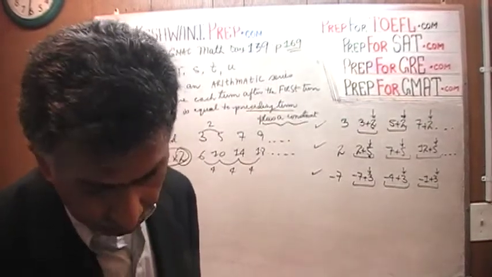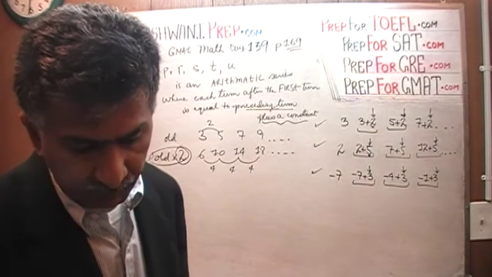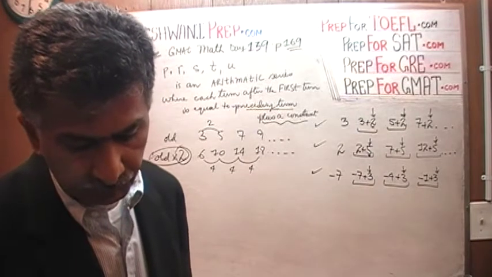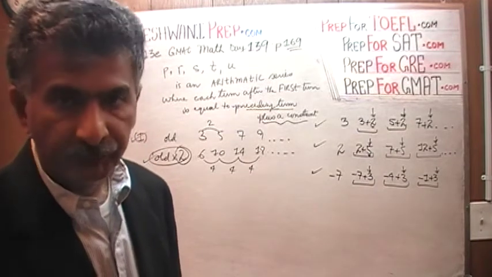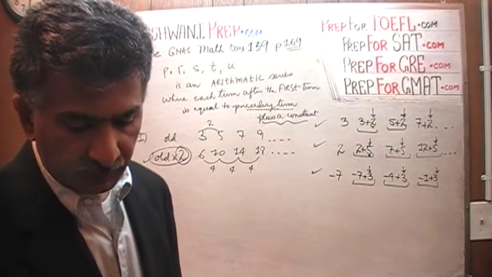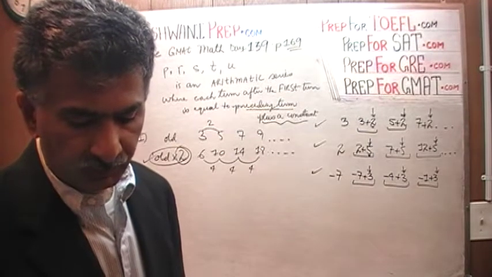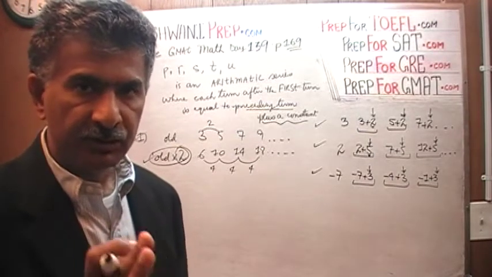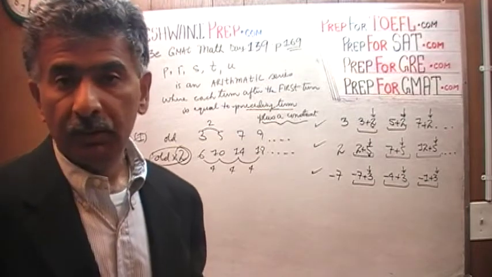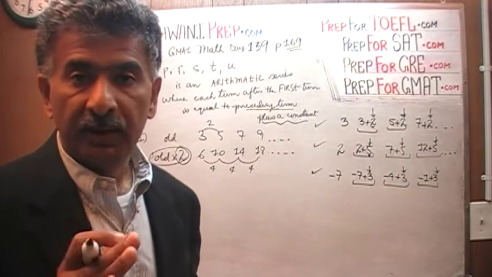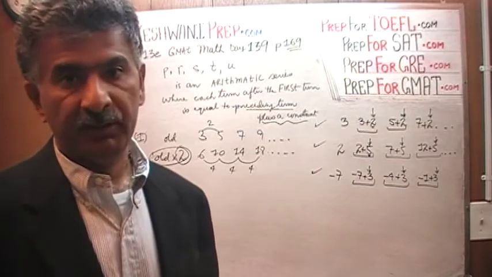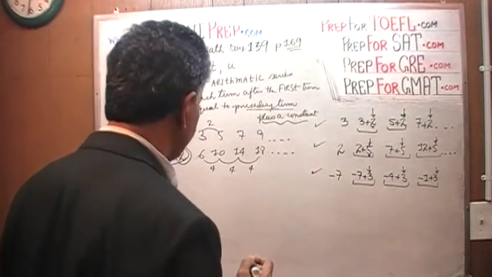It says, if the list of letters shown above is an arithmetic sequence, which of the following must also be an arithmetic sequence? And in the first statement they tell us that it is 2 times p, 2 times r, 2 times s, and so on and so forth. They're multiplying each term by 2. And we just found out all it is going to do is multiply the difference by 2, but it's going to remain an arithmetic series, which means the correct answer, whatever it is,